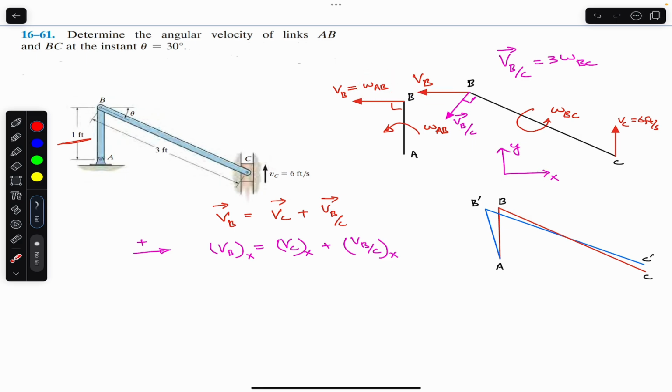So we will write minus r omega AB, since this is in the negative direction. So minus r omega AB is equal to VCx. Since VC is only acting in the y direction, its x component is 0. So this is 0